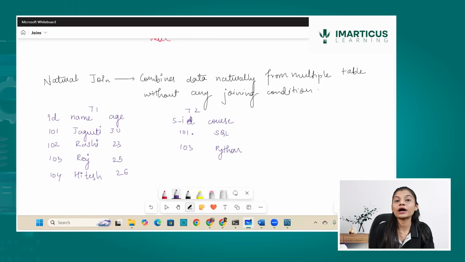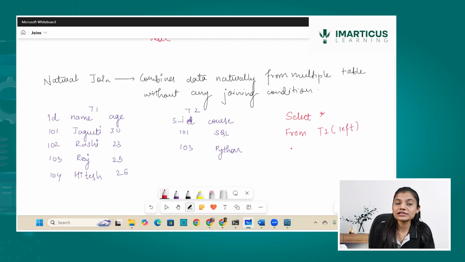If I want to combine these two tables, T1 and T2, with the help of natural join, how will the query be written? In order to write the query for natural join, I have to write SELECT star FROM T1, which is my left table.